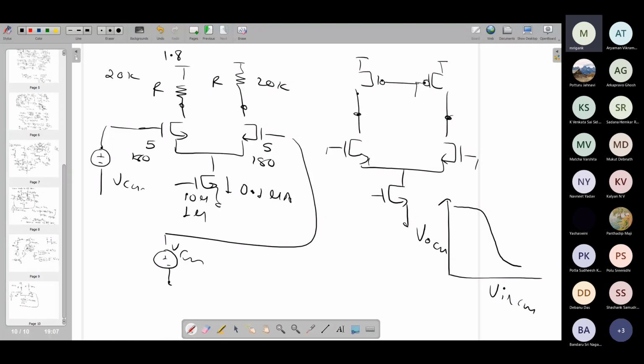That will give you a good idea that if you want to adjust the V in CM to find out the orbitally established output DC bias point, it will be difficult. So these two things you can do, and then please complete the reading of the differential amplifier stage. And tomorrow we will look into the other configuration, which is the differential amplifier with current mirror load, and that will also help us in going to the stage where we have operational amplifiers